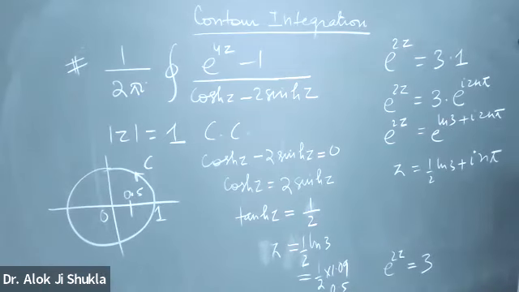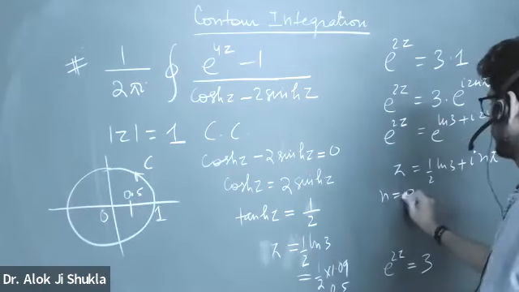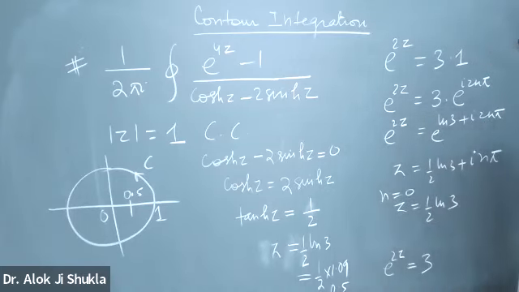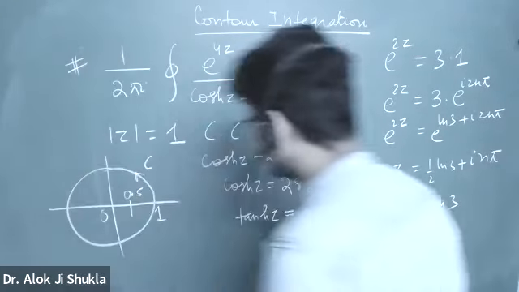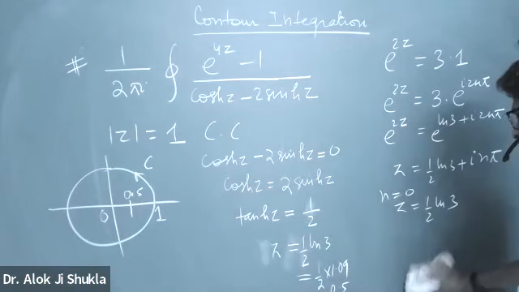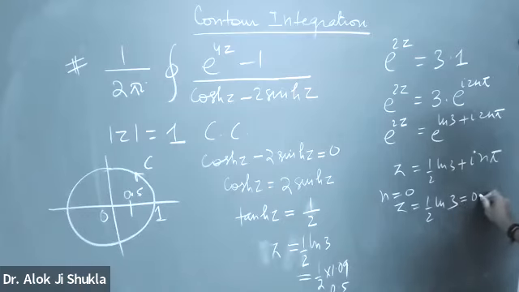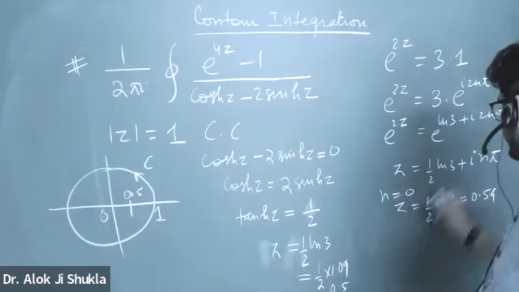Yes, sir. So for n equal to 0, you got z equal to 1 by 2 ln 3. That is the value that lies inside. And for n equal to 1, this value is how much? 0.54. Yes, sir. And if I take the next value,